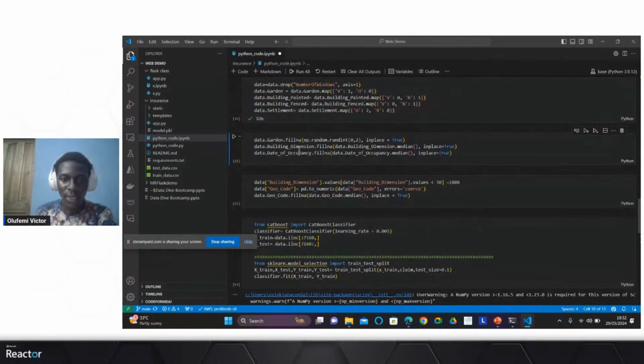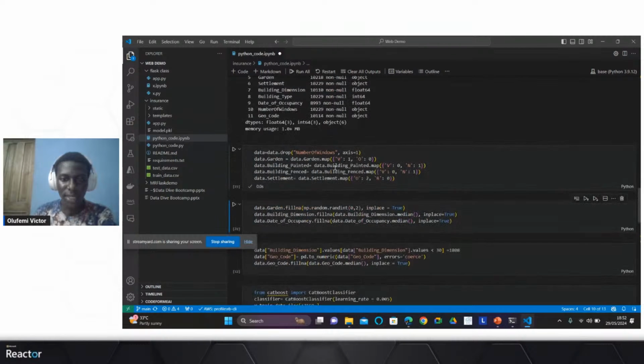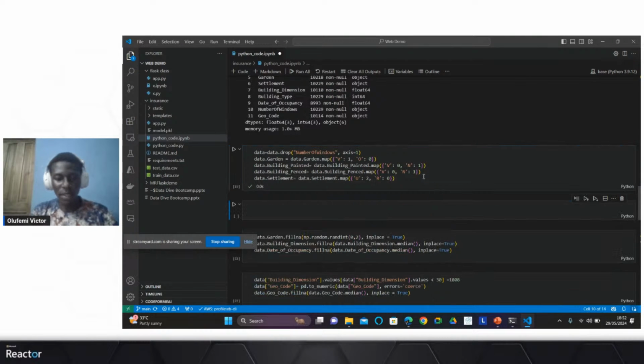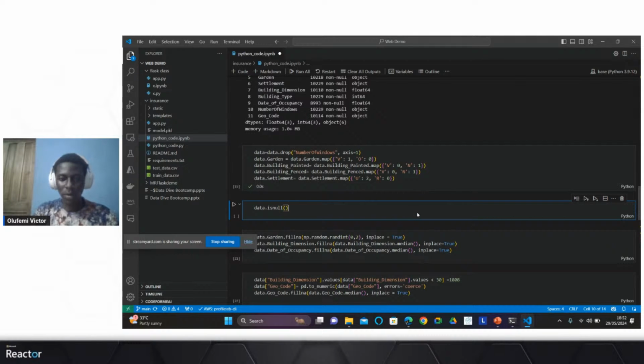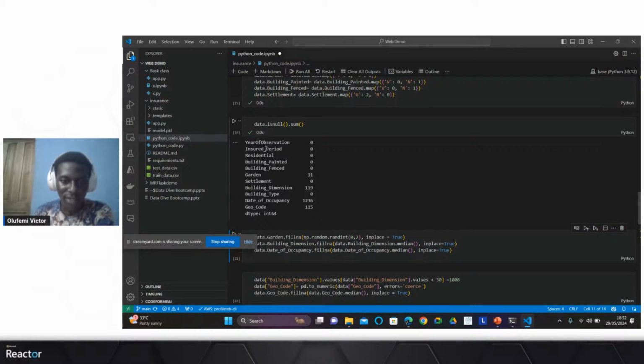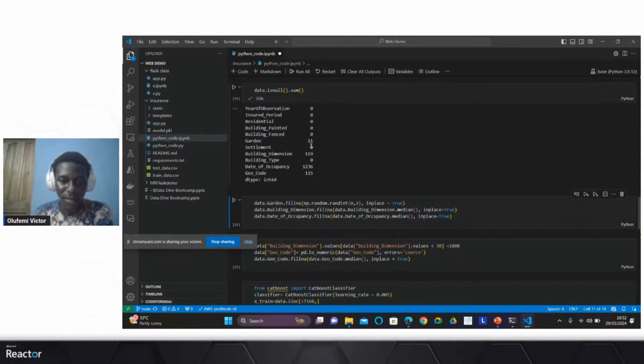Okay, so then of course I would fill in missing values just to have a sense of it. Let's see this. So data dot isnull dot sum, right? So it shows that we have missing values. For garden we have 11. For date of occupancy there's quite a bunch. The building dimension has about 119 and geocode has 115.